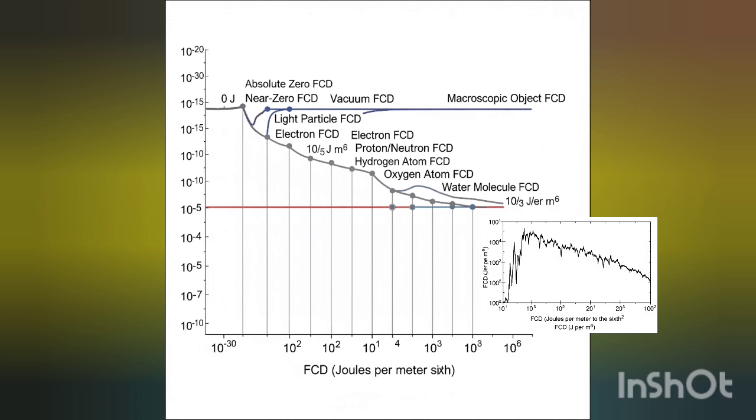So when these particles start coming together, how does FCD help us understand atoms? Like simple hydrogen is at 10 to the 1 power, so 10 JM6. More complex atoms like oxygen jump to 10 to the 2, or 100 JM6. Yeah, and the FCD value for an atom isn't just the sum of its parts. It includes the energy needed to maintain that whole stable atomic structure, the nucleus bound together, and the binding energy holding the electrons in their orbits around that nucleus. That makes sense. So the whole system's energy cost.